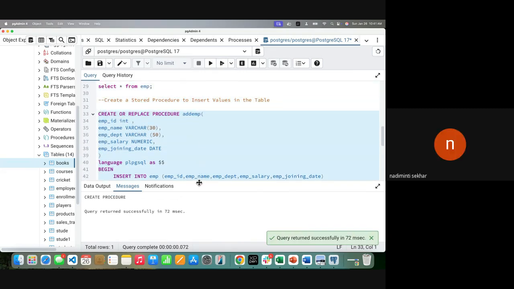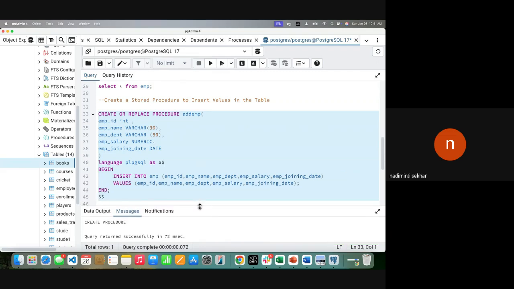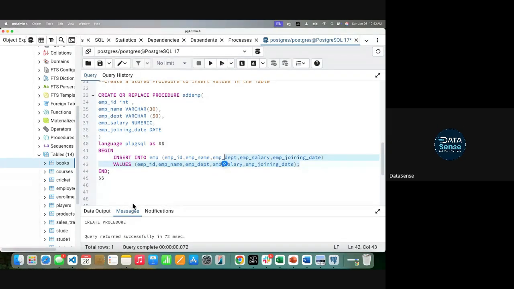You need to take it again, and also you have given the semicolon. Whenever you write a query, you write a semicolon, right? So this semicolon is for this query. After end, this is for this begin. Okay, fine. So this procedure is created now.